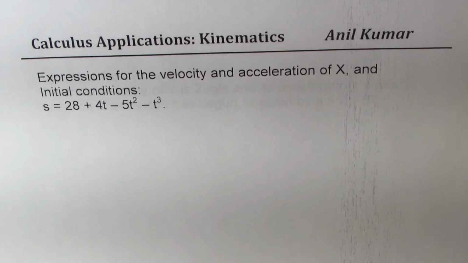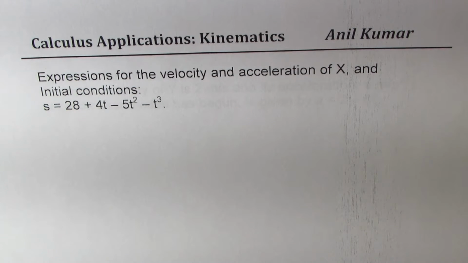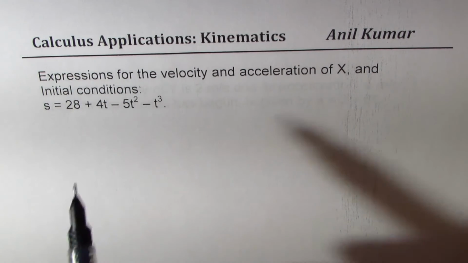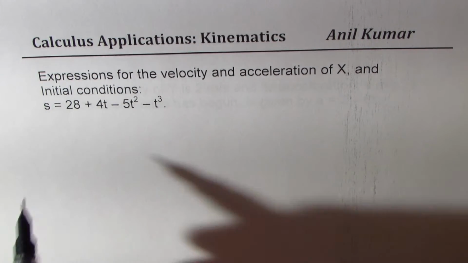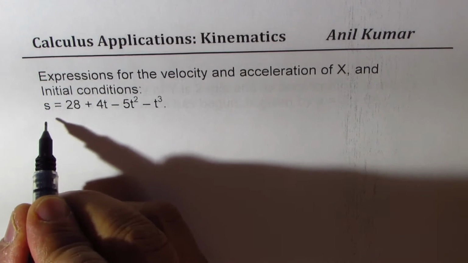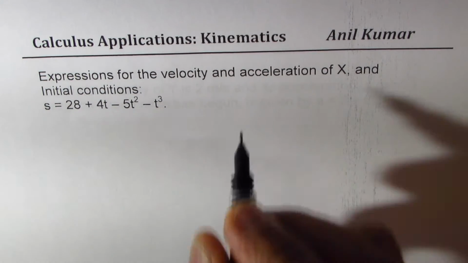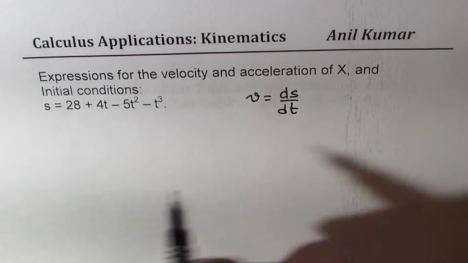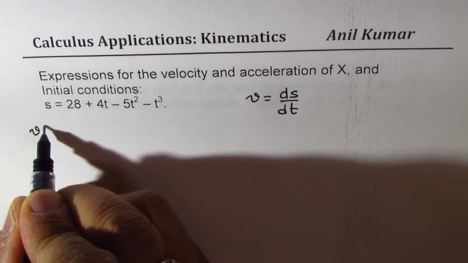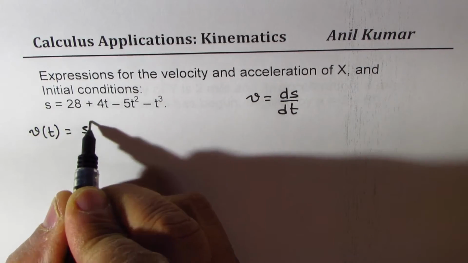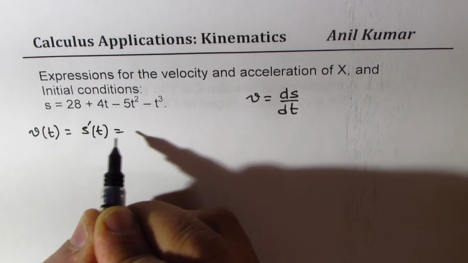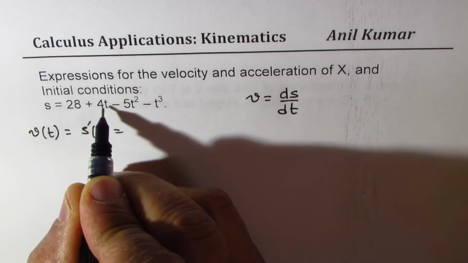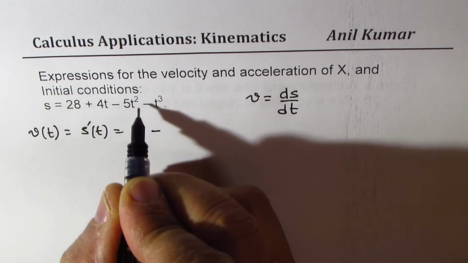The first part is relatively simple. We are given the expression for displacement here, which is s equals 28 plus 4t minus 5t squared minus t cubed. Now to find velocity, we just need to take the derivative. So velocity equals ds over dt. So we can write velocity as the derivative of s, which is 0 plus 4 minus 10t